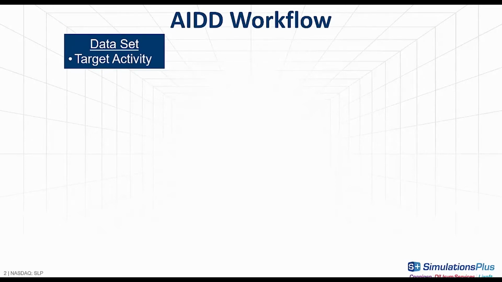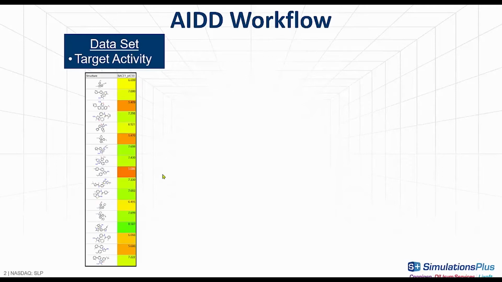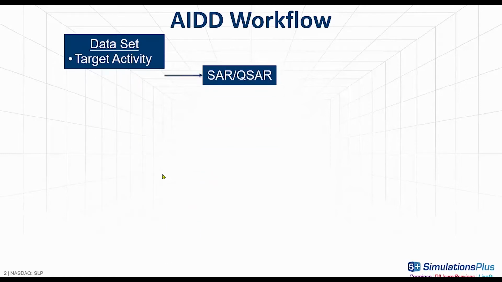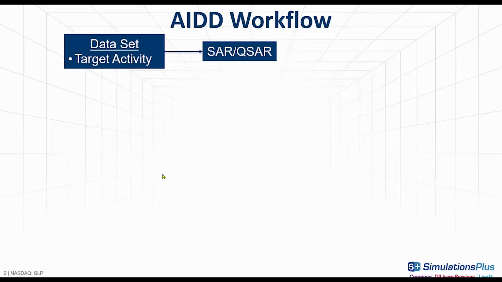This next slide is an overview of the AIDD workflow. First, we'll start with a data set containing target activity information. So these are compounds we downloaded from the Kimball database that contain IC50 values in the form of pIC50 for base 1 inhibition. The first step is to develop structure-activity relationships and a QSAR model to predict the activity of